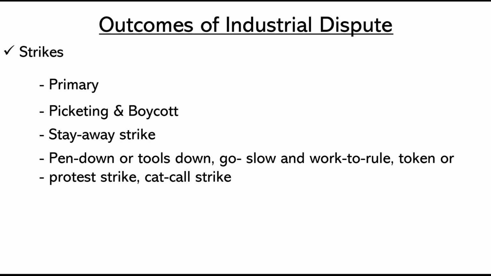Lightning strike, or cat call strike, means that the workers will call off the work immediately. They will immediately announce that there is a strike, and usually, when a strike is necessary, there are some conditions that at least 2 weeks' or 1 week's notice should be given. But during a cat call or lightning strike, nothing is given. They will immediately inform that there is a strike, and they will not give any warning or information to the management. Okay.